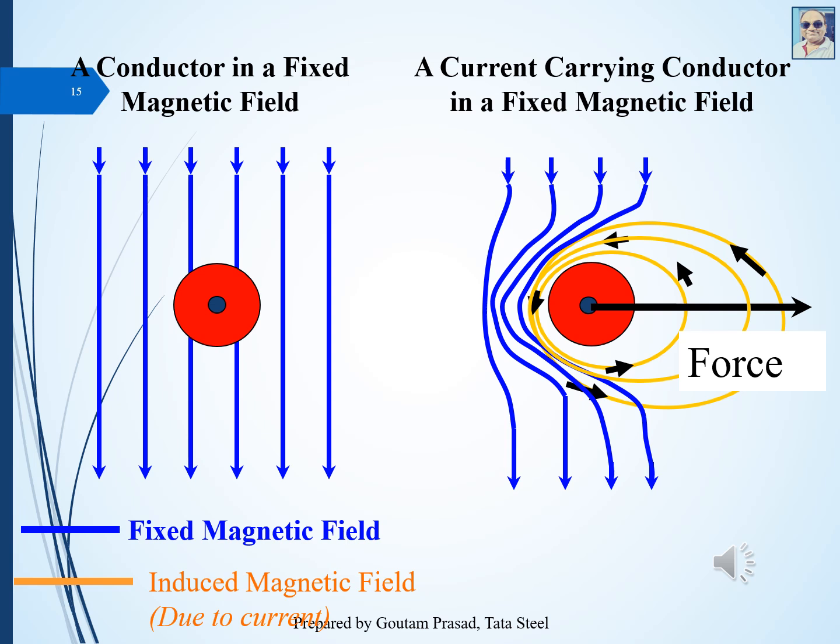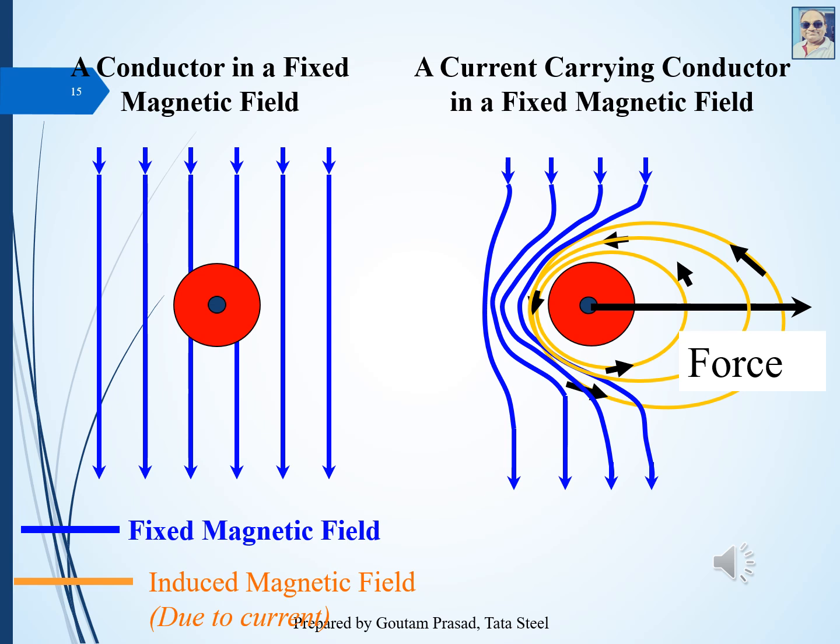The straight lines of force caused by the permanent magnets in the earlier example that we had seen started distorting because of the current-carrying conductor kept in this magnetic field. So the distortion happens in the straight magnetic field, and this distortion is not permanent. Because of this distortion, it tries to straighten. The straight lines of force will try to straighten themselves, and in order to do so, it will